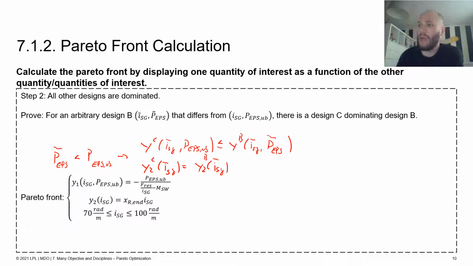And by this we have indeed shown that all other designs are dominated. As I mentioned, it's a bit theoretical, but having done that, we can now